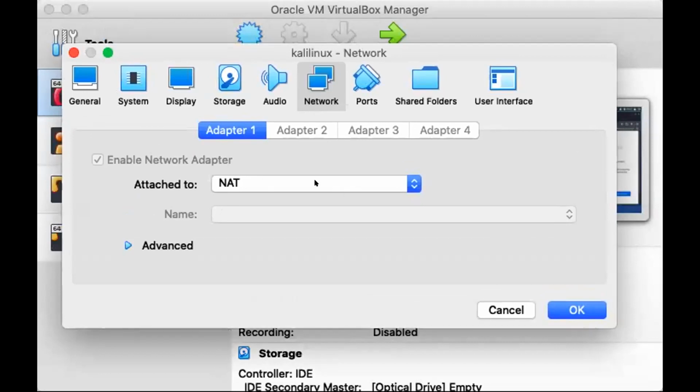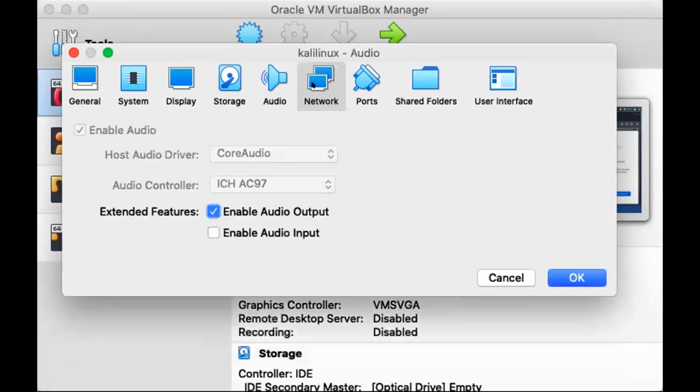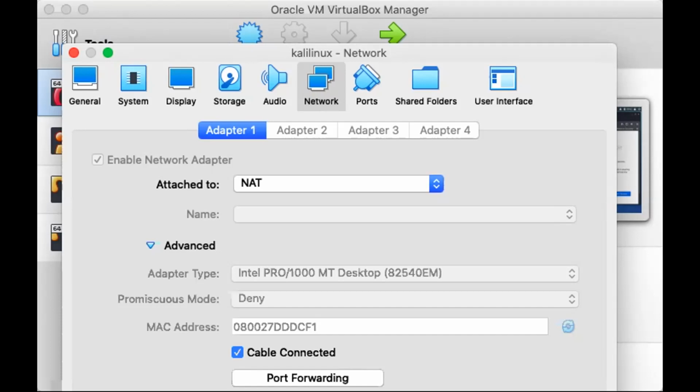Go on the adapter 2 and also give NAT. Adapter 2, you are in adapter 1. I'm clicking on adapter 2, it is not coming. Okay, then it is connected with your NAT. No need. Go there on your Qupatrix.